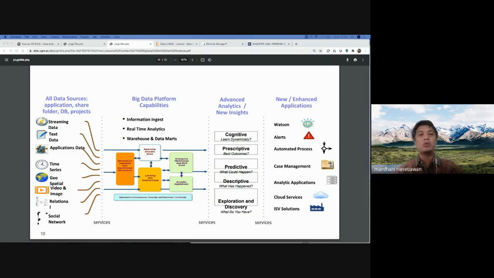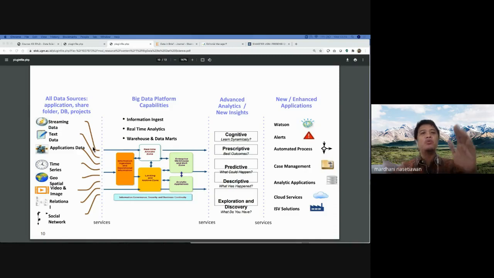That's why it's very important for us to understand this issue. All the data sources, which are applications, shareholders, databases, and projects, need to flow